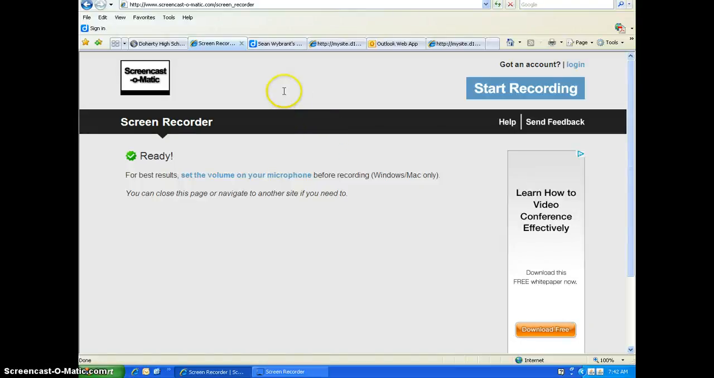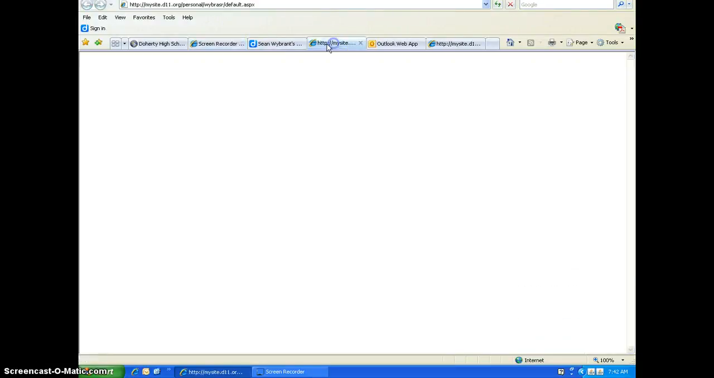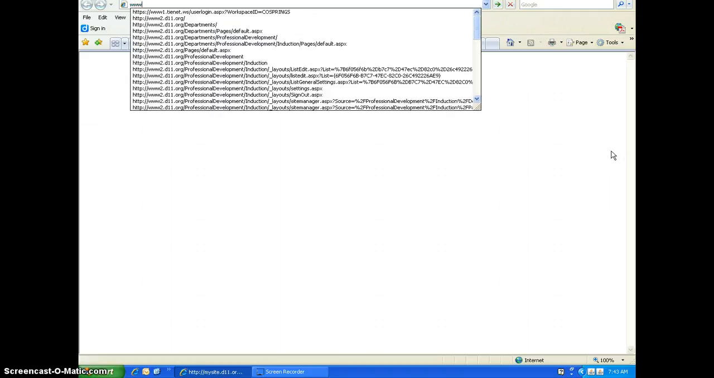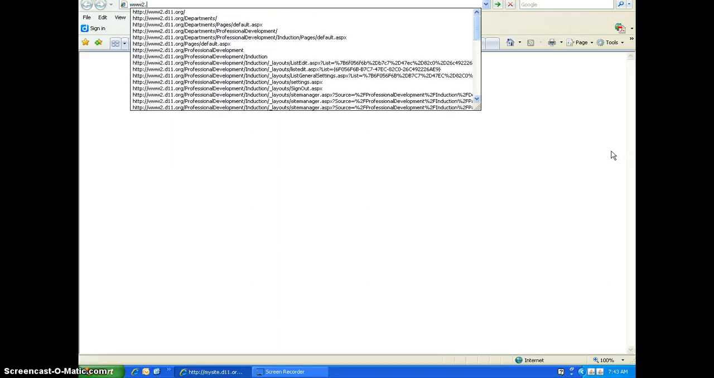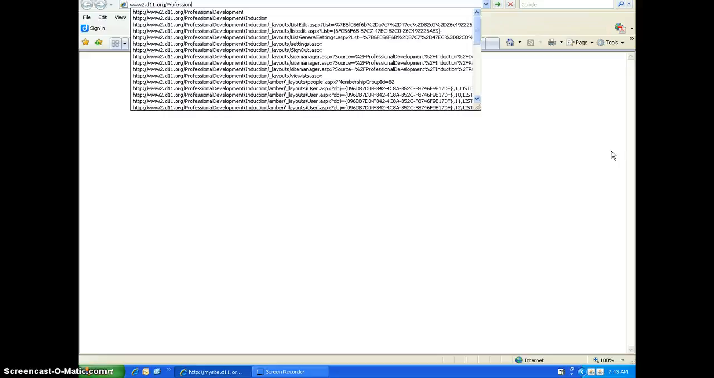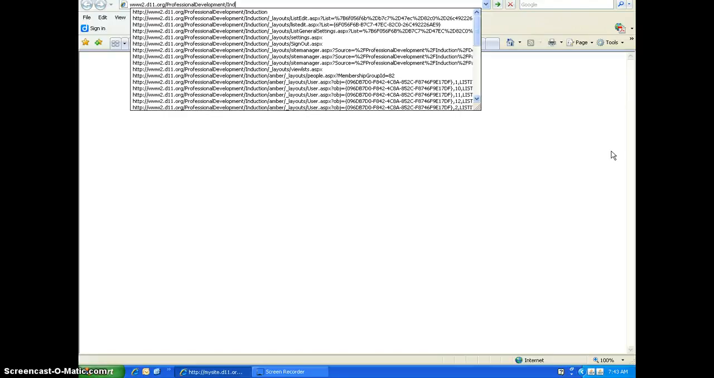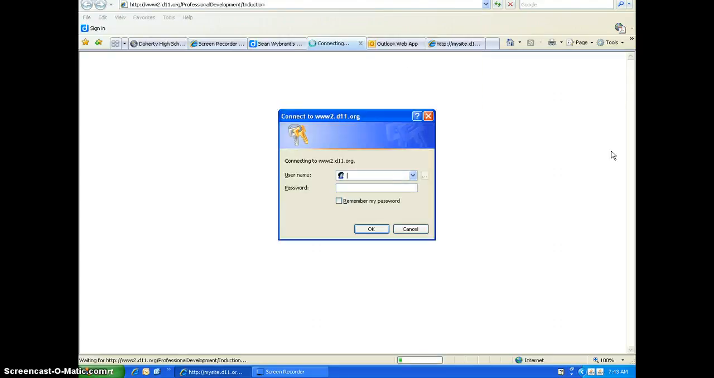So today we're going to be talking about induction, and the first thing that you want to do is come up to your address bar and type in www.d11.org/professional development/induction. And then go ahead and hit enter, and what that's going to do is bring